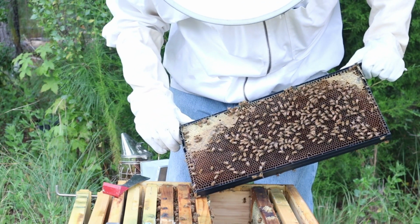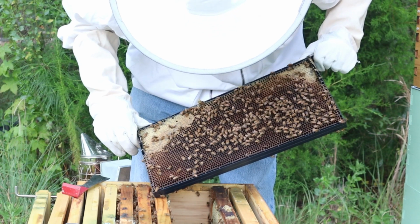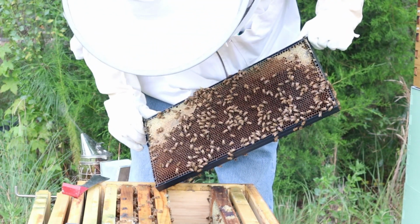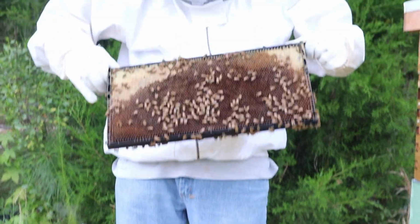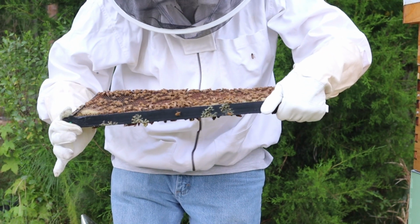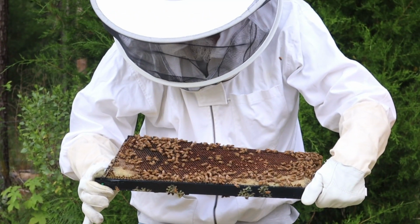Got lots of nectar and honey in here. I do see some larvae. That's interesting. You know what? They may have a queen. I do see some larvae in here. How about that? Maybe she was just slowing down. And we do have some capped brood here. You know what? I think we may have a queen somewhere. We just might just be slowing down,